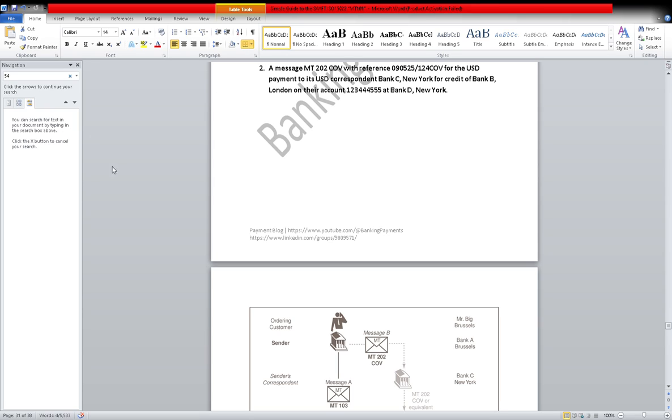Cover method: two messages are initiated by the sender to settle the funds, MT103 and MT202. One message is used to inform the creditor bank that funds are coming, that is MT103. It is called an announcement. Got it? The other message is called the cover message. The cover message is actually moving the funds between correspondent accounts. Clear? This is cover.